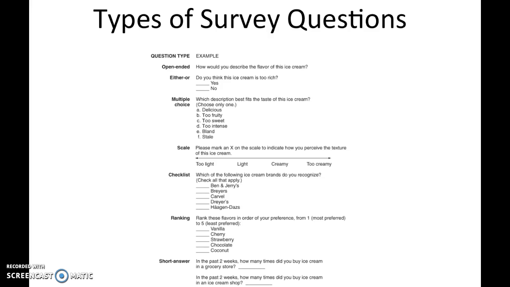You can ask either or questions, so that's multiple choice where they just have 2 choices. You can give them several choices, and you can even give them, they have A, B, C, D, E, F. You could even give them an other choice and allow them to fill in a response. You can give them rating and ranking scales. You could give them a checklist. It's kind of like multiple choice, but you check multiple. You don't have to just choose one. Ranking I already mentioned, and then short answer questions. So I guess that's like the open-ended question, but just a shorter answer.